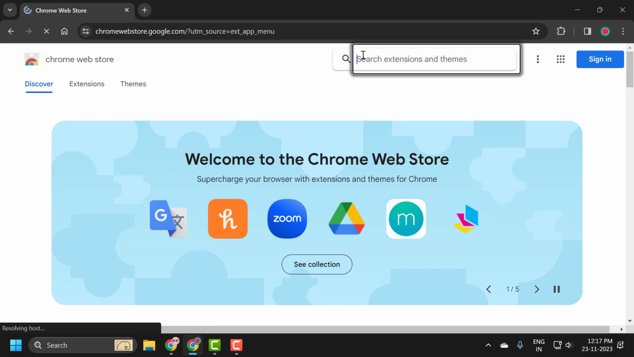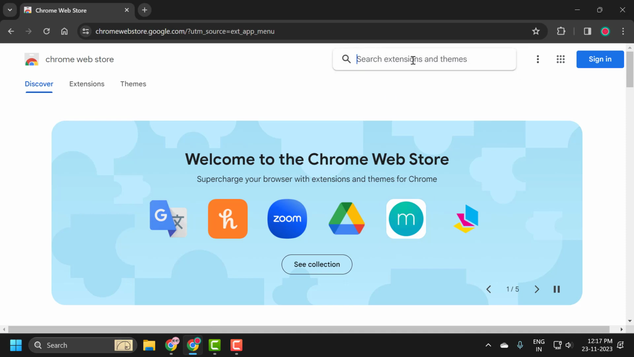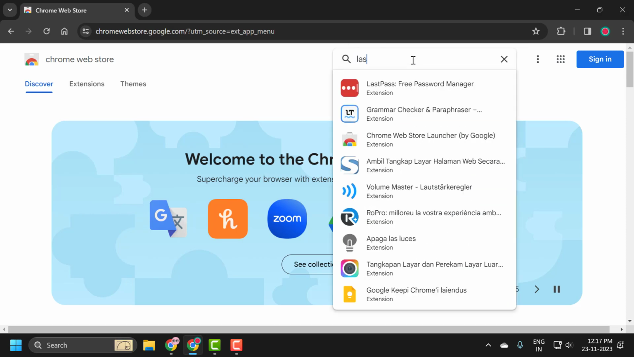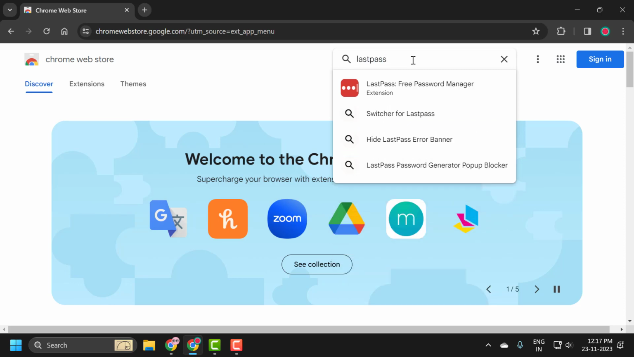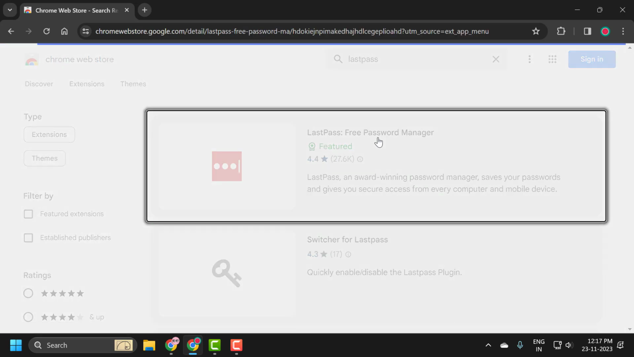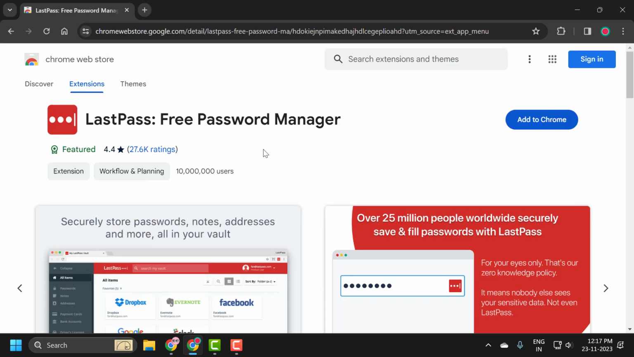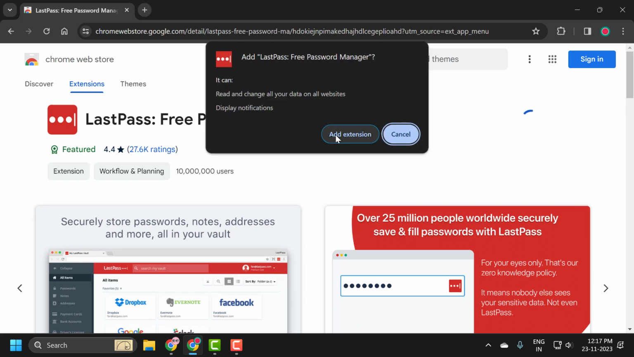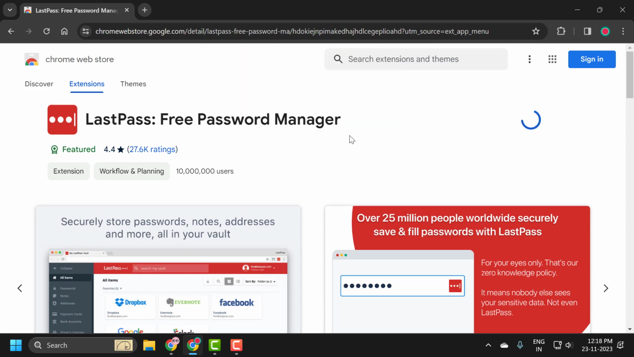And now in the search extensions, you just need to search for LastPass. Press enter. Comes up LastPass free password manager. You just need to click on it and you just need to select add to Chrome and select add extension,